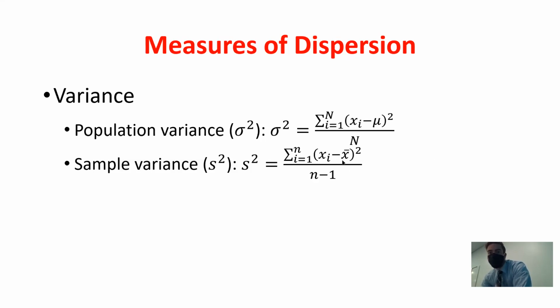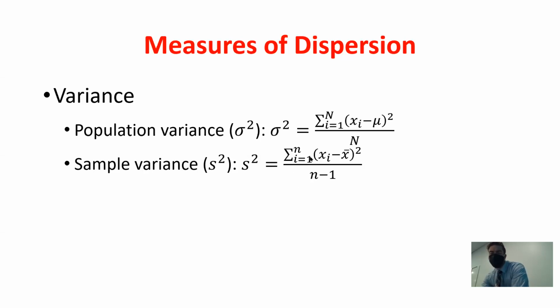the only difference is we're using that sample mean and we're using lowercase n, which is the number in that sample. However, in the denominator, we're not just dividing by n now, we're dividing by n minus 1. So the reason as to why we're doing this, at this point in the class, I'm not going to go too in depth into it. It'll become a little more apparent once we get to things like hypothesis testing and confidence intervals, because that will be when we're dealing just with sample data.